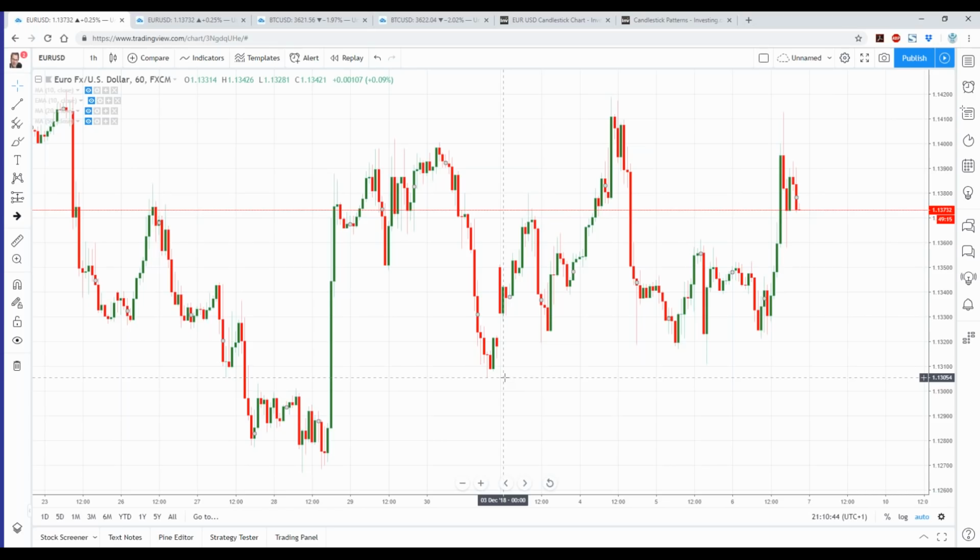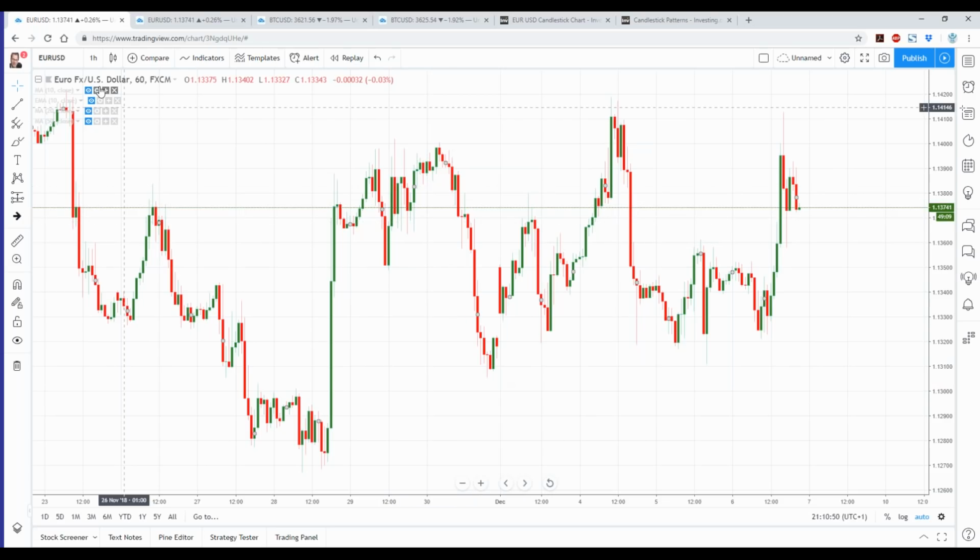So now I put it back to where we were. Okay. And now we're looking at a 1 hour chart. So each one of these candles represents a 1 hour time span, and it gives us the open, the high, the low, and the close for the 1 hour. Now, this is where we get a little bit confusing,